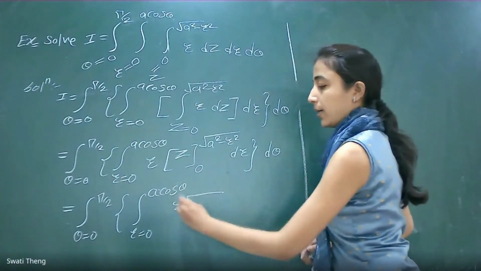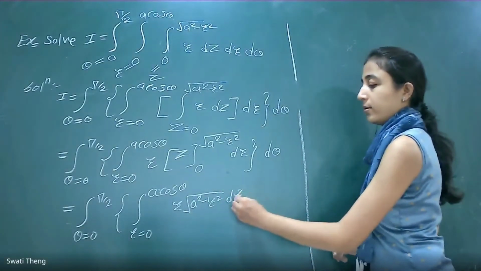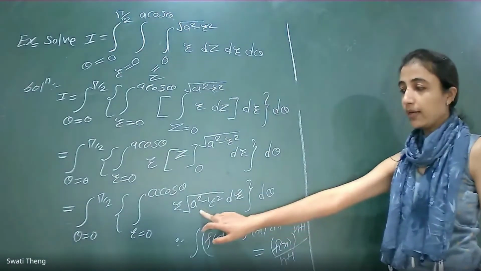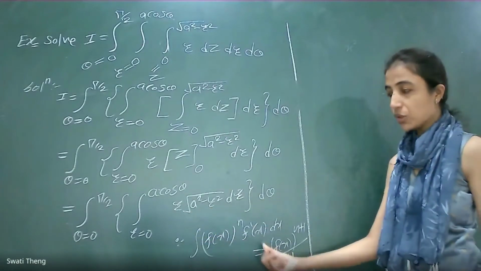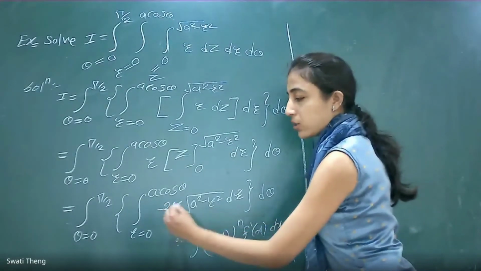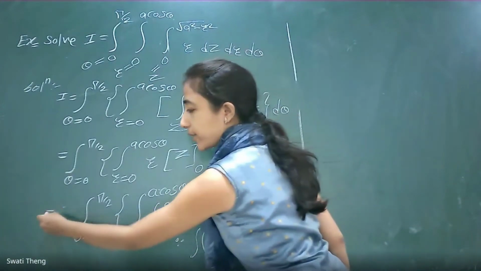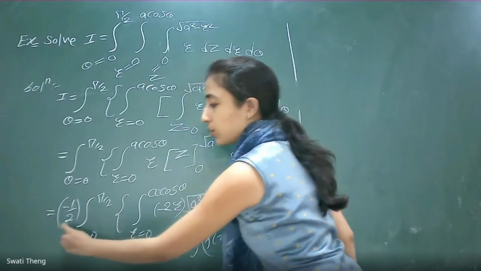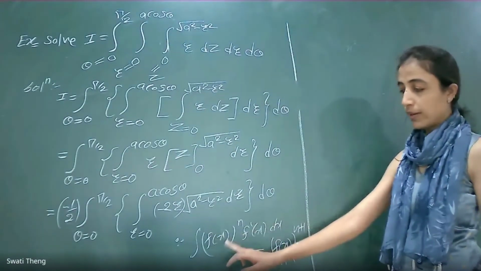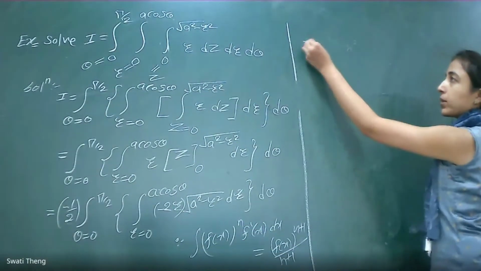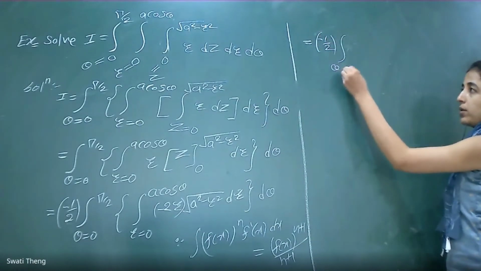Here r as it is, under root of a square minus r square dr dt. So here, the derivative of the term under root is -2r, and r is already contained; just -2 is required. So again multiply by -2 and divide by -2. So -2 is constant, so we divide by -2, so we can write it as outside integral, multiply and divide by -2, so bracket raised to power half. So n equals half, so here theta, -1 upon 2 constant outside as it is, theta varies from 0